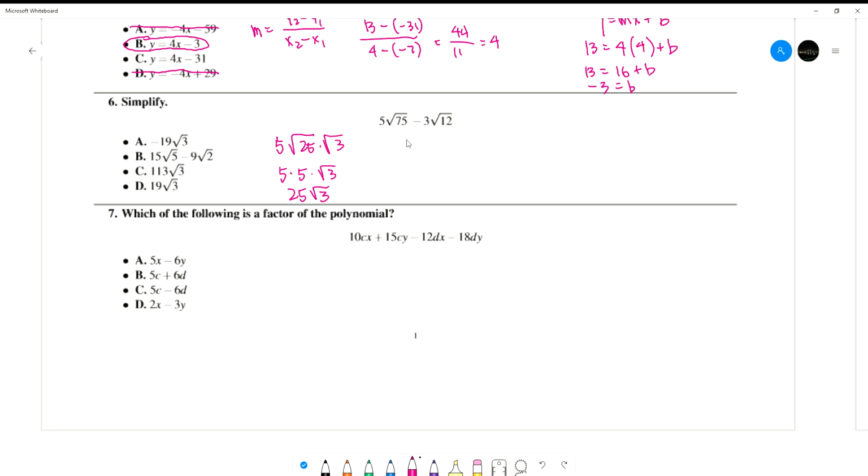right? And then for the second, minus 3 radical 12, right? So I know this is minus 3 times radical 4 times radical 3. So that's minus 3 times 2 radical 3. So this is minus 6 radical 3, right? So I have 25 radical 3 minus 6 radical 3. They're like radicals. Therefore, it is 19 radical 3,